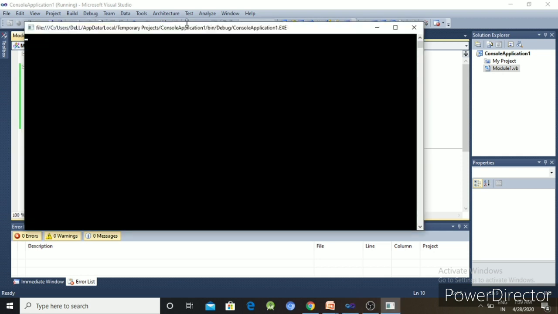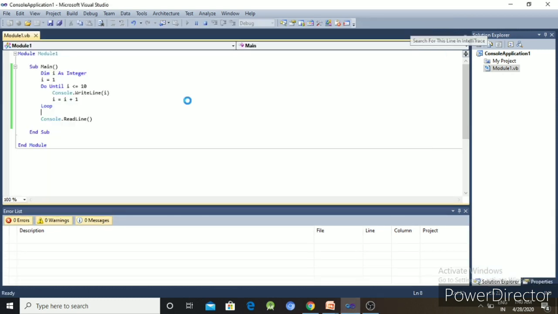Execute the program and find the output. The output does not display. What is the reason the output does not display in this program? The program is executed successfully, but the output does not display. Let's see. The condition of the do until loop is always true here.